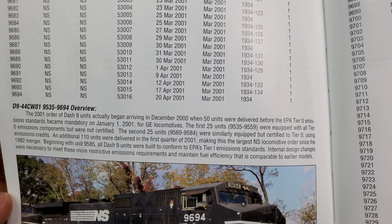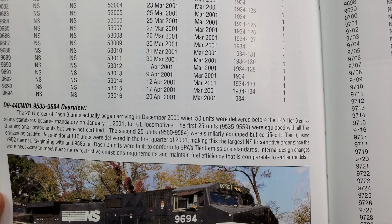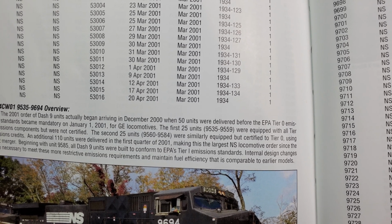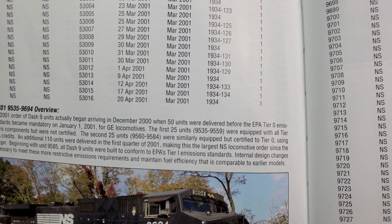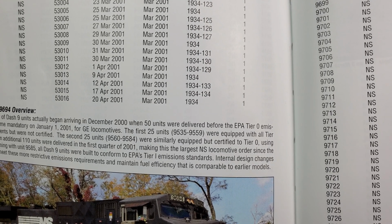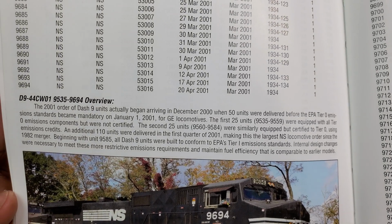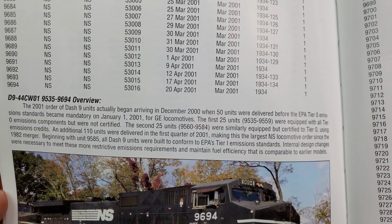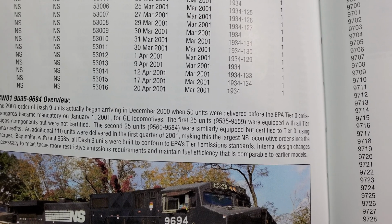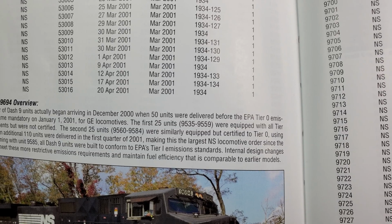An additional 110 units were delivered in the first quarter of 2001, making this the largest NS locomotive order since the 1982 merger. Beginning with Unit 9585, all Dash 9 units were built to conform to EPA's Tier 1 emission standards. Internal design changes were necessary to meet these more restrictive emissions requirements and maintain fuel efficiency that is comparable to